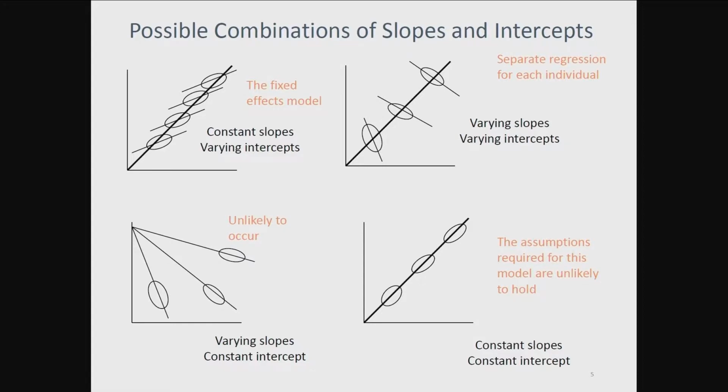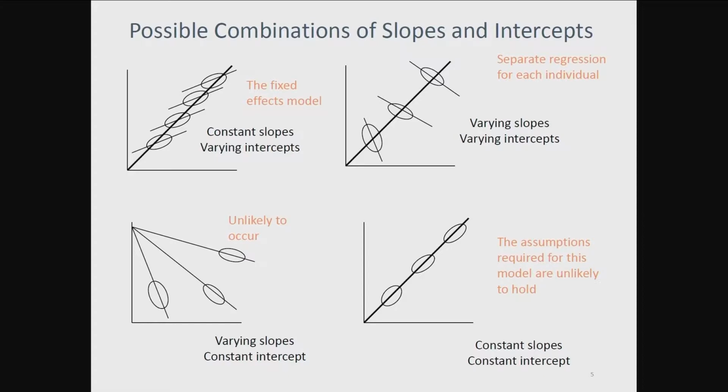But all of them have the same slope, which means that the effect of the independent variable on the dependent variable will be the same for all individuals, but each individual has a different intercept. We can also have an alternative specification where we have both different slopes and different intercepts, which is the case